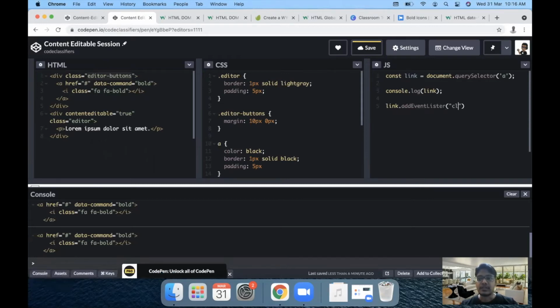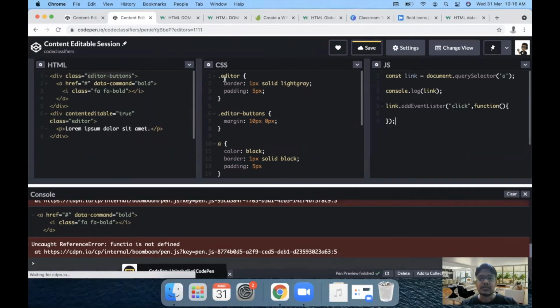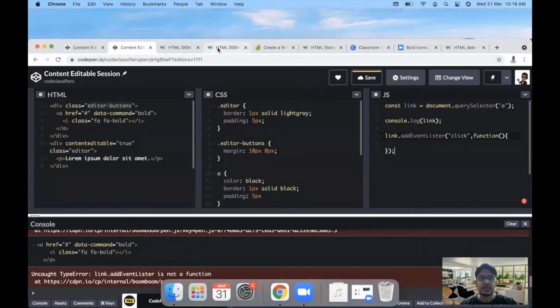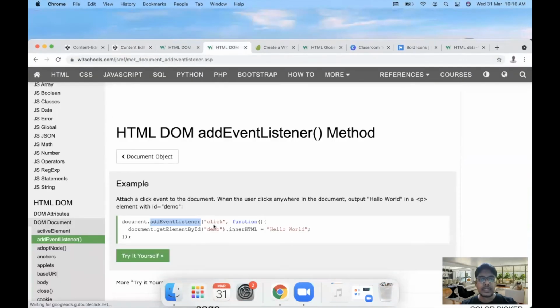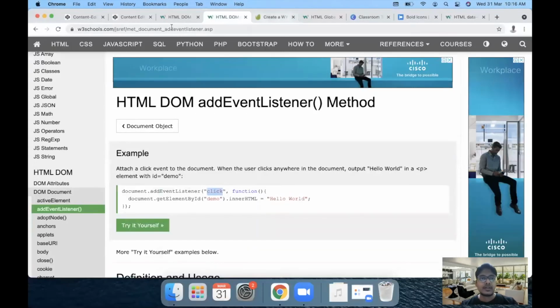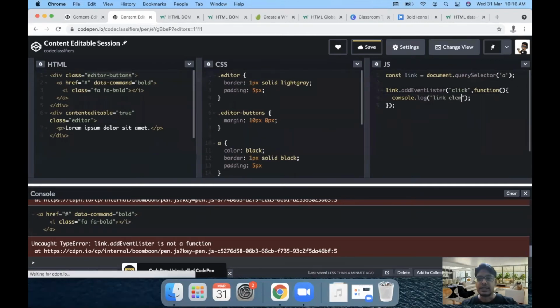Within that, we are going to specify that on click of this element, we need to execute some code, which will come within this function. This is just like the syntax present in W3Schools for click listener: a click event and a function within which we can run some code. For now, let's just have a basic log. Let's just cut and paste this here, and we can have a log saying link element clicked.